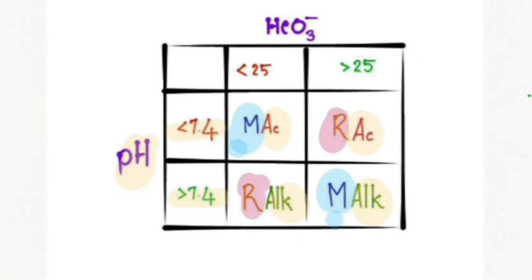Now moving ahead, we will have to check if there is a compensation by the body to this primary condition. In primary metabolic abnormalities, changes will be seen in HCO3, but the compensation will be seen in the form of changes in PCO2 values. Similarly, in primary respiratory abnormalities, the changes in the PCO2 will be seen, and the compensation will be in the form of changes in the HCO3 values. So to see if there is compensation or not, we will have to look at the changes of PCO2 and HCO3 values.